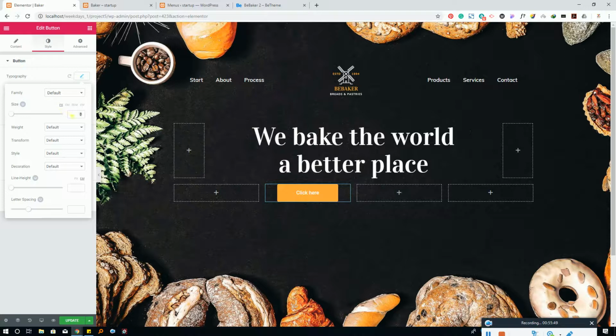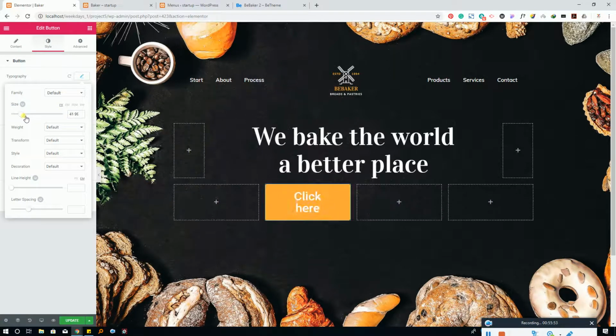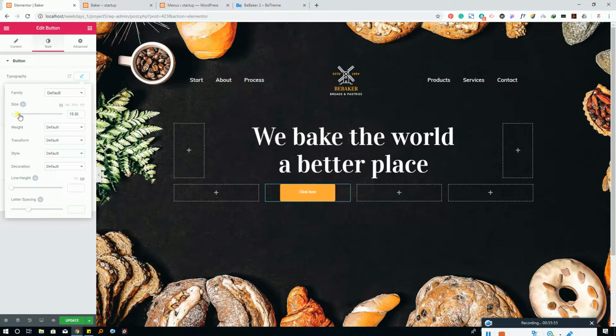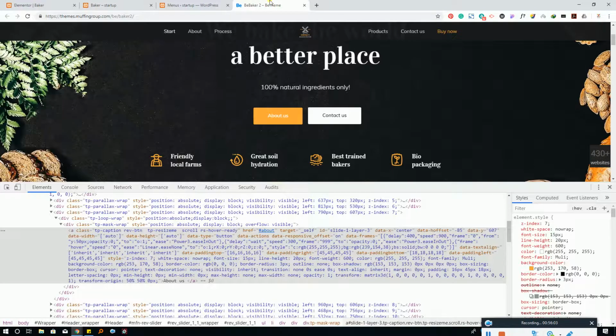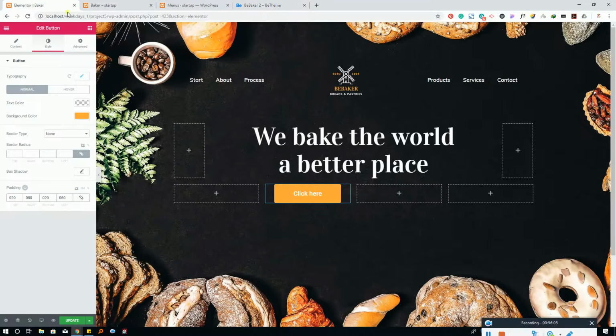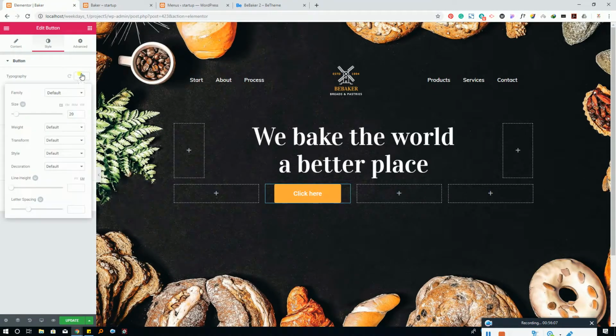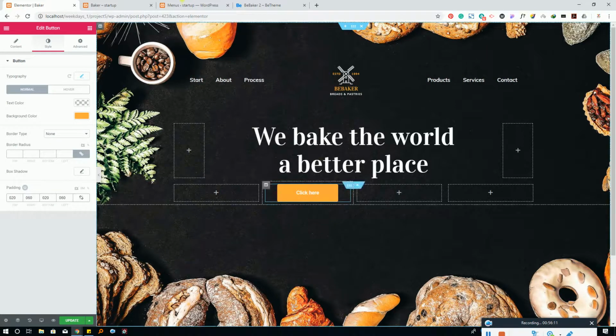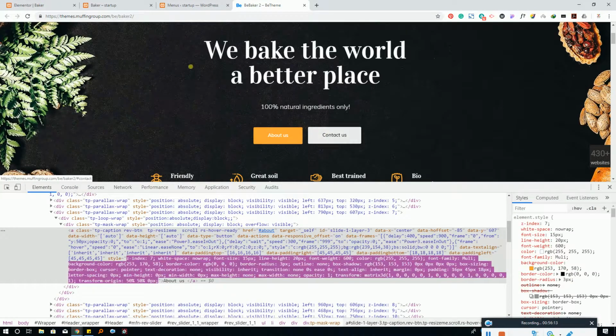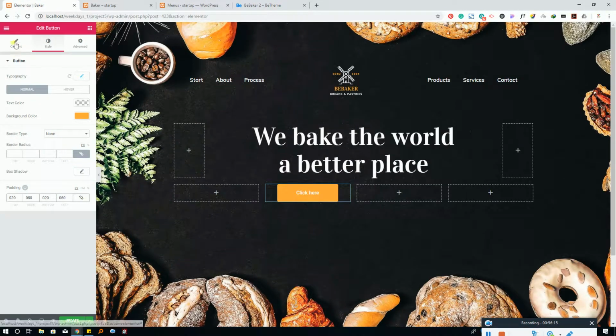Then I need typography so that the text will be bigger. So I'm just using a bigger text. This one is good. Okay, 20 is good. No, the text will be small. And no, I'm not using the text. The text will be default, because the text is about us and contact us. So I'm just going to change the content